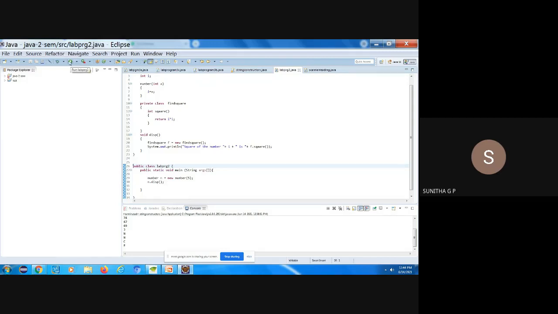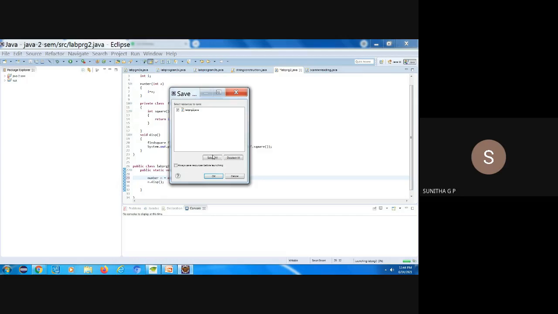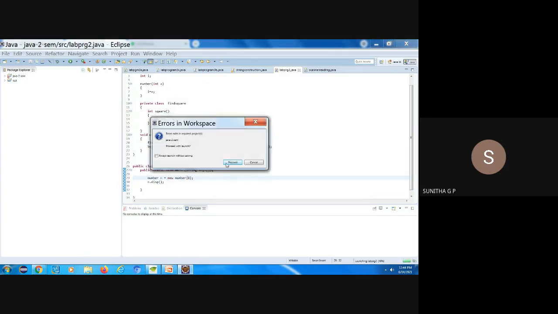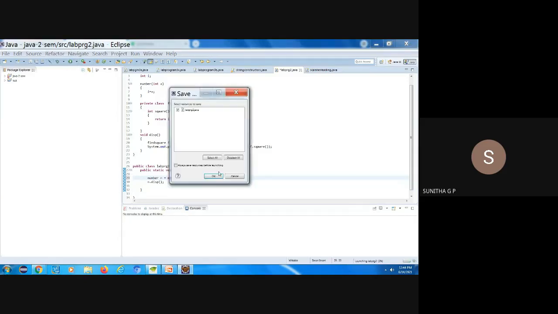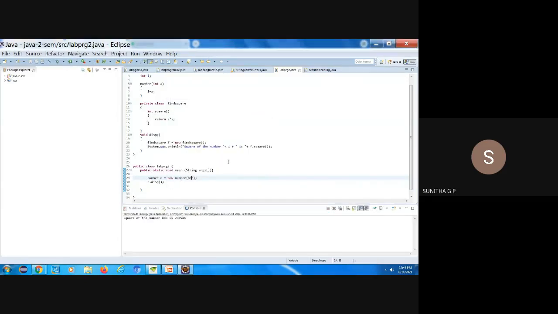Instead of the program I have given in the previous class, you can use this. All these programs I have already uploaded in your Google Classroom. You can copy that, and in the afternoon I will explain that. Okay, now you can see this output. So the square of the number 5 is 25. Here what I can do, 8, and I should get it as 64. Give any number. And if it is reading from a keyboard, then obviously it will be helpful. Okay, it will be very simple.